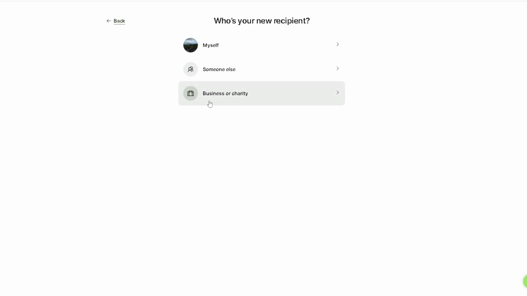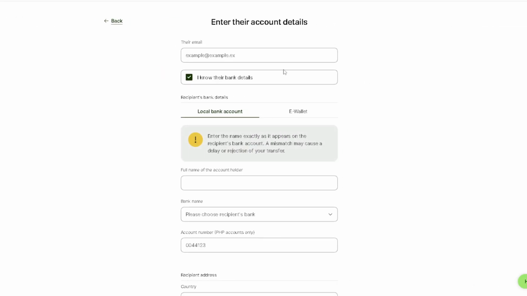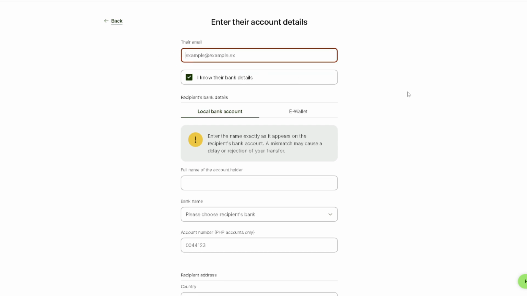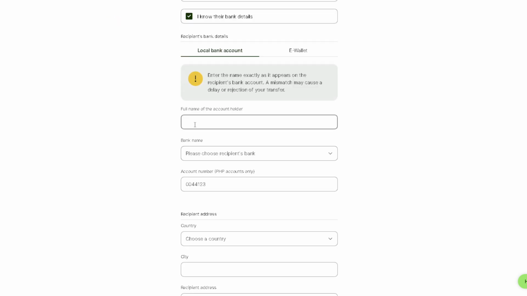Click on that. Now you have your next option, which is going to be your intended recipient. Obviously it's not for yourself, but for someone else. Now just click on it, and then as you can see, you need to enter their account details, their email. Now if you know their bank details, all you're going to do is provide the full name of the account holder, say for example,